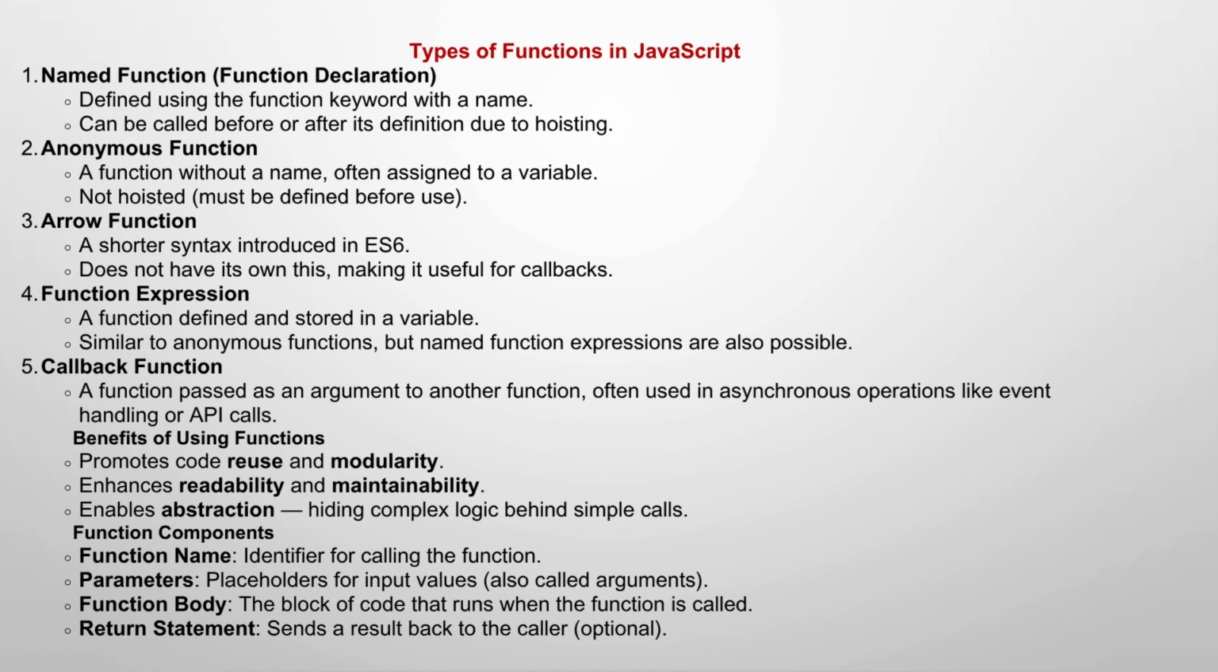4. Function expression, a function defined and stored in a variable. Similar to anonymous functions, but named function expressions are also possible. 5. Callback function, a function passed as an argument to another function, often used in asynchronous operations like event handling or API calls. Benefits of using functions: promotes code reuse and modularity, enhances readability and maintainability, enables abstraction, hiding complex